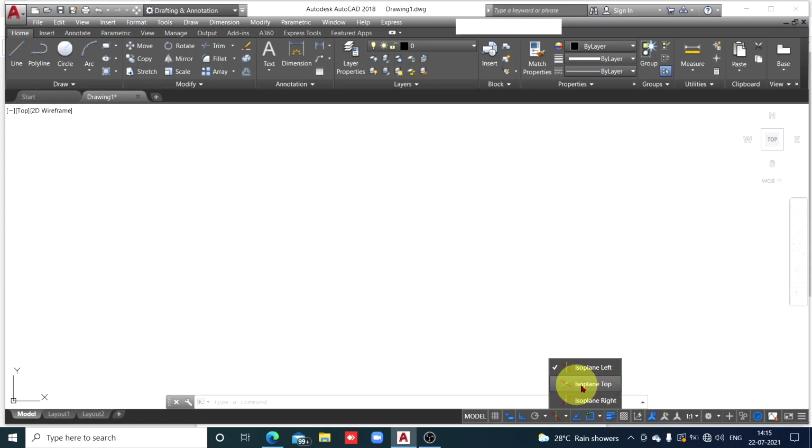So first we'll make it isoplane top on. So now watch here. Check the cursor, that hair cross line. Both these cross hair lines here are at 30 degrees. Both are at 30 degrees. So in this orientation, that is, check a red colored line, that is width axis, and green colored line, length axis. Many students have this confusion in orientation of length, width and height axis, and that is why they make mistakes in drawing isometric views. So be sure about that.